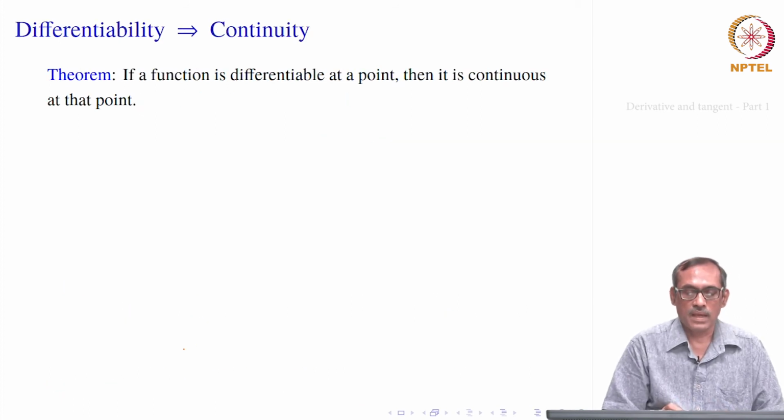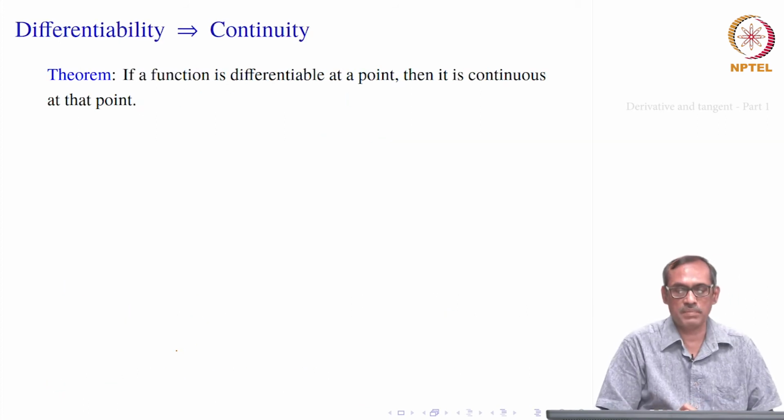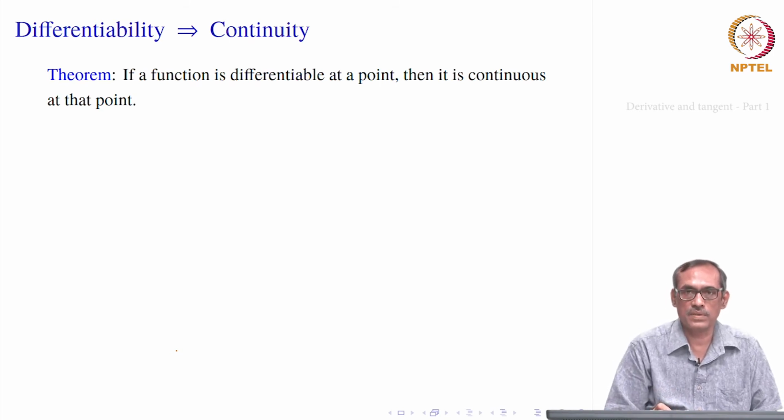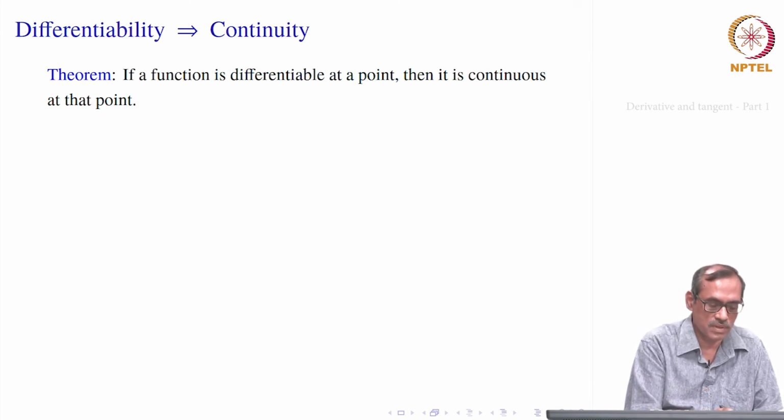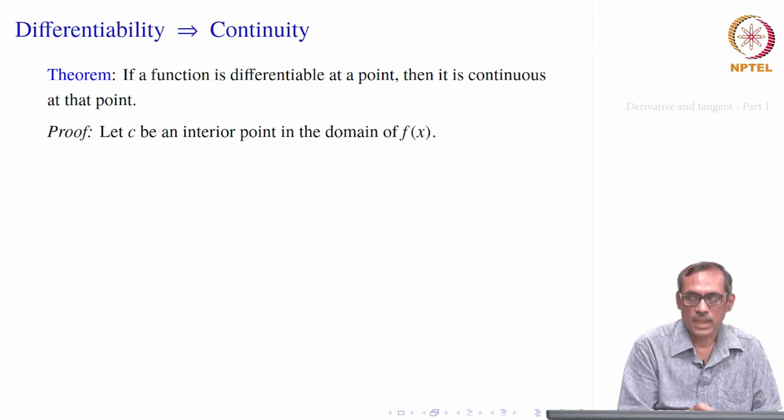Okay. Now, we will have another thing for the differentiability, this will also figure in this discussion about tangents. So, what it says: if y equal to f of x is differentiable at x equal to c, then the same function y equal to f of x is continuous at that point. That is what you say this way, if a function is differentiable at a point, then it is continuous. Of course, we can prove it very easily. So, let us say it is differentiable at a point, it is not an end point, but it is an interior point of the domain of f of x. Let us take this case.